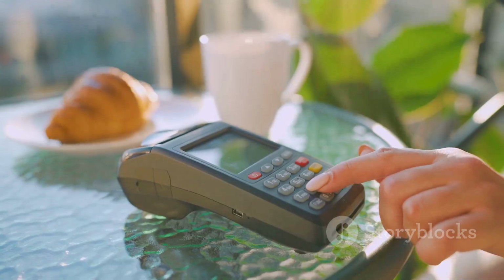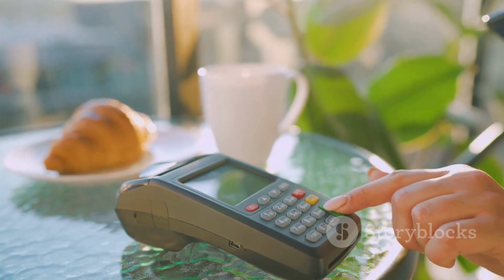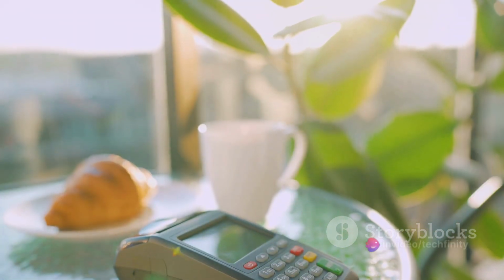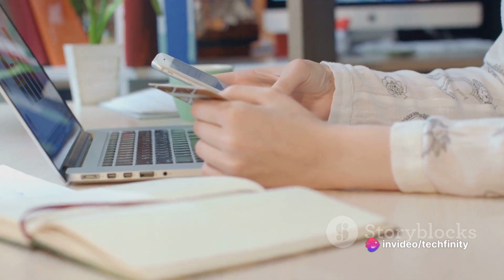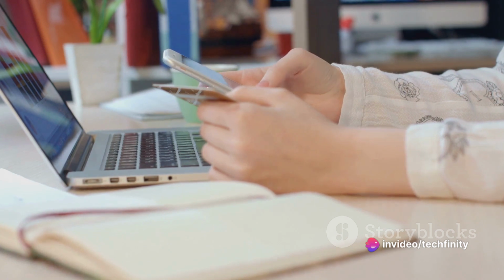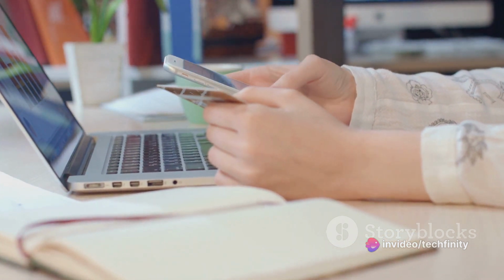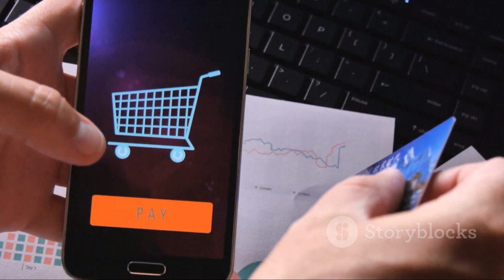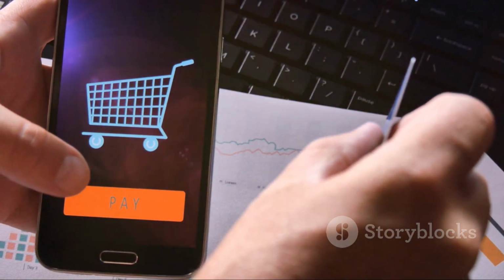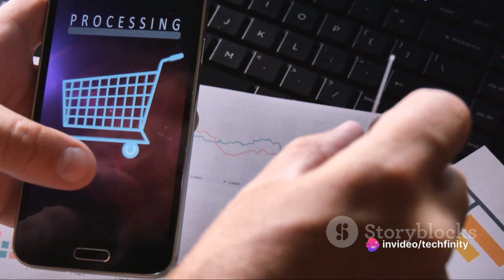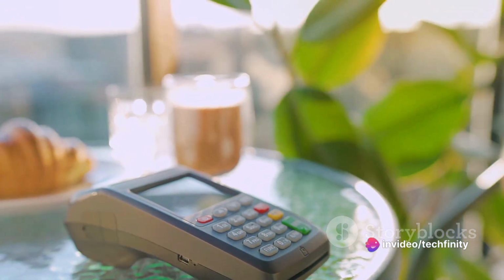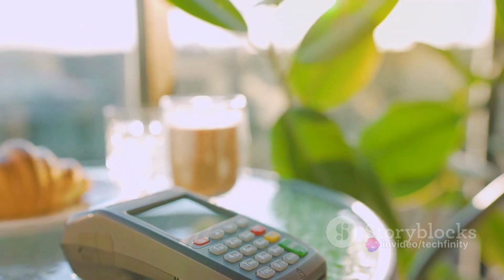Today, we can pay for our groceries, book a movie ticket, or transfer funds to someone halfway across the globe, all with just a few taps on our smartphone screens. It's a far cry from the days when such transactions would require a trip to the bank or the ATM, and often a lot of time and patience. The convenience offered by digital payments has led to their widespread adoption. In fact, some countries like Sweden and China are already moving towards becoming cashless societies.